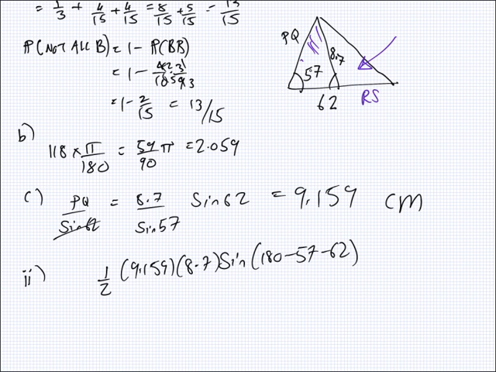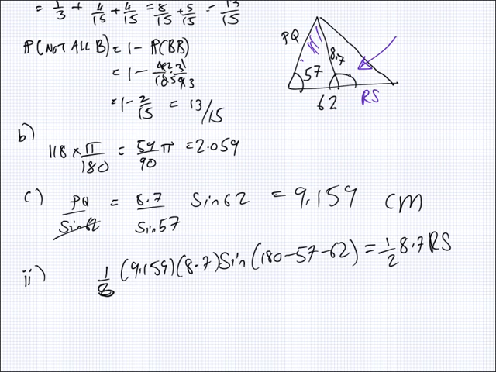So if I want to make it equal to the area on the right, should I multiply or divide by 4? Divide by 4. So I'll just change that 2 to an 8, dividing by 4. And that should equal the area on the right, which will be a half times 8.7 times RS